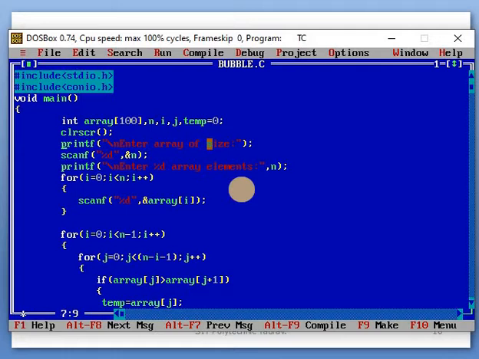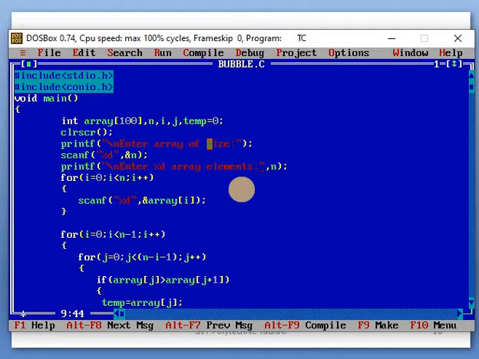The printf function has two uses. One is only for displaying a message, and the second is for displaying output using this printf function. And it says enter array size. The scanf function, its syntax is that in double quotation marks you use the data specifier. Which data specifier is used? %d. Why %d? Because the n variable is declared as an integer. Clear? After that, the message displayed is enter %d array elements.